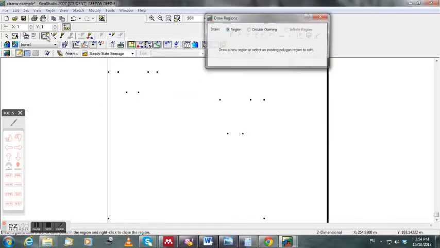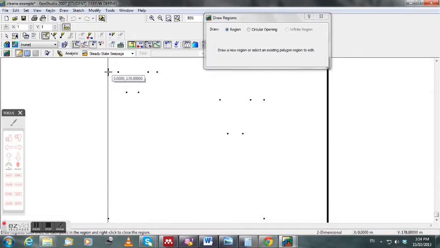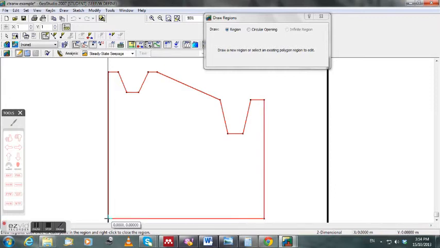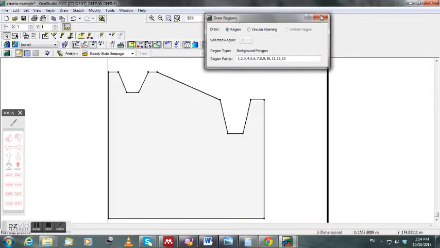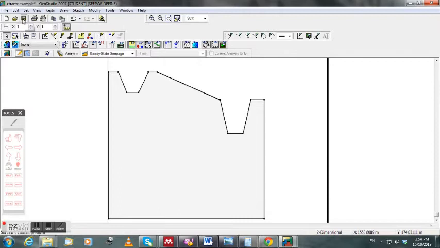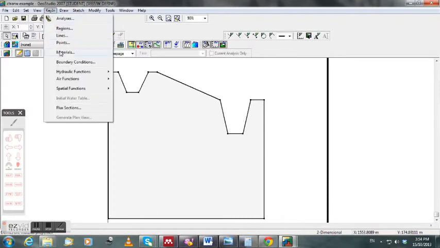Now we have to define the geometry. So point by point we are linking the points to each other. We are connecting the points to each other, and like this. If you click around the points, then the software itself clicks on the points. So that's all. We define the geometry, and now we have to define the